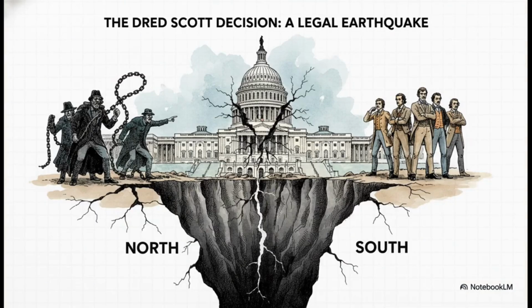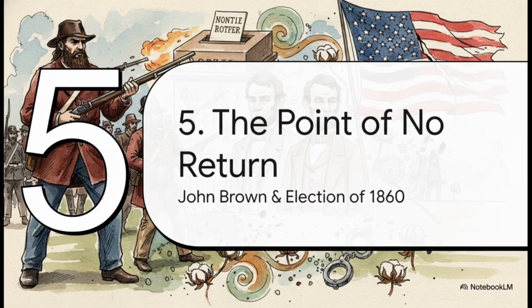You have to remember, the Dred Scott decision was a legal earthquake. To the north, it looked like proof of a massive slave power conspiracy that went all the way to the top. And for the South, it was this huge victory that just hardened their position and made them even less willing to compromise. After the court's ruling, any real path to compromise was pretty much gone. The final events of the 1850s, a shocking raid and a completely fractured election, would be what finally pushed the